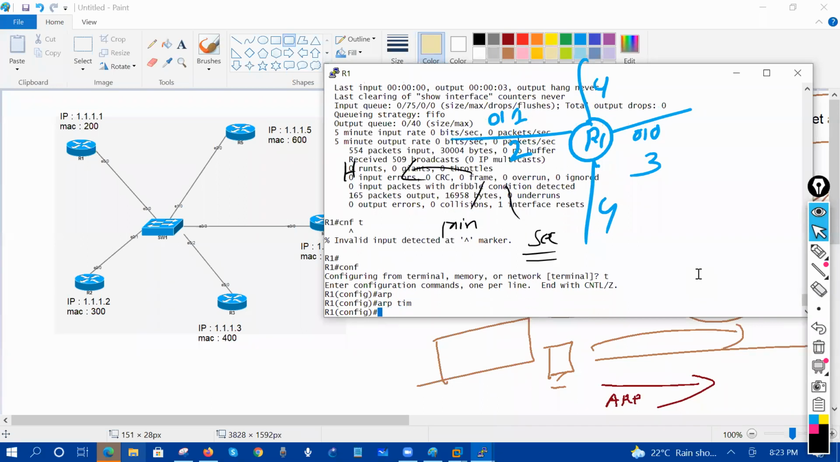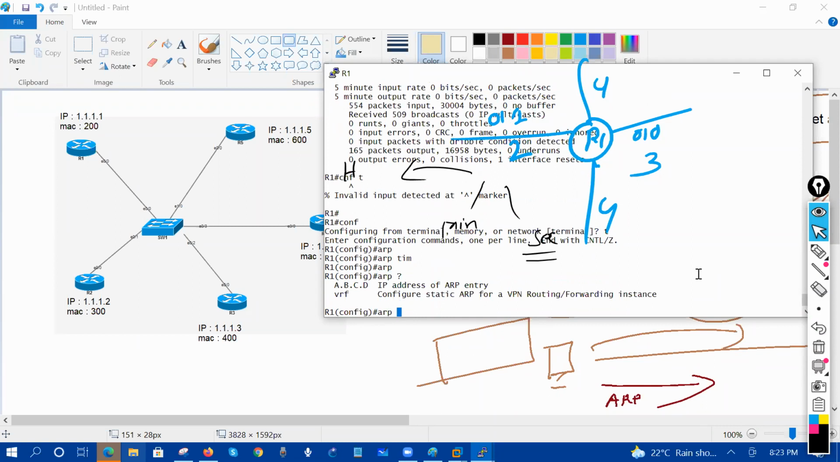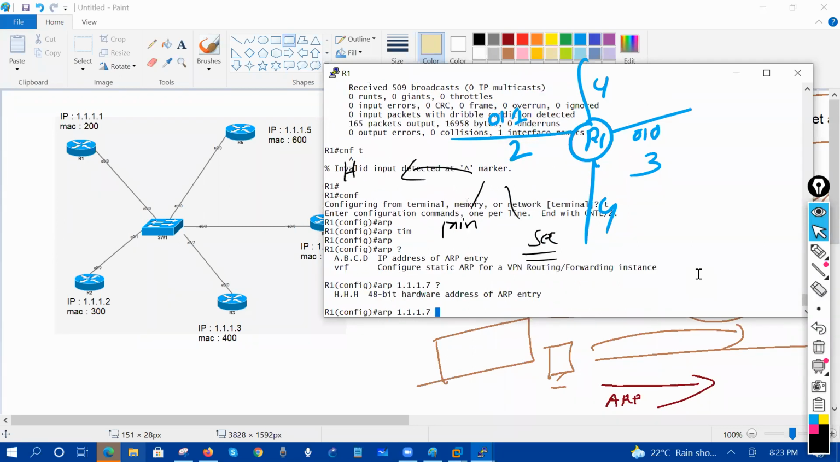At the same time, if you want to define a static entry for ARP as well, you can define the static entry. What entry can I define? Take an example, I'm defining 107. This is the IP address 107. What is the MAC address of this guy? I'm just going to define any MAC address, AA BB 12CA